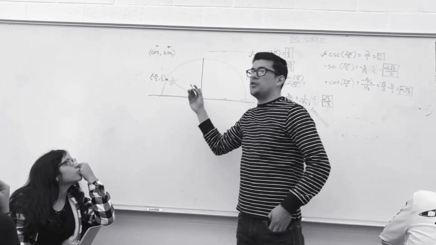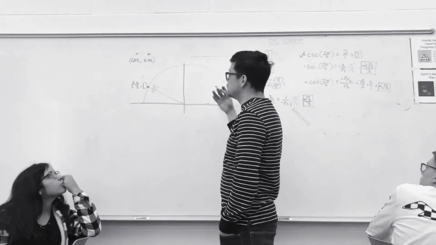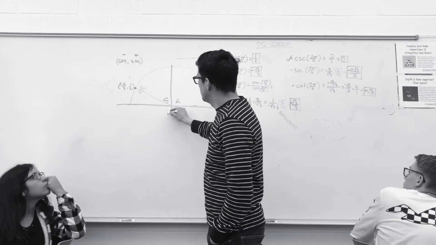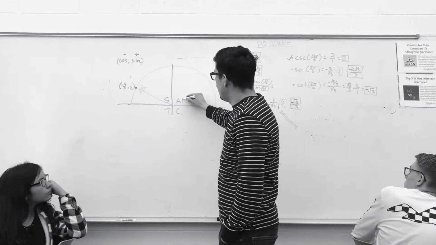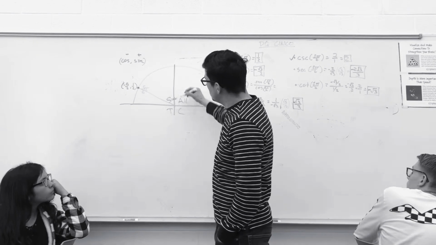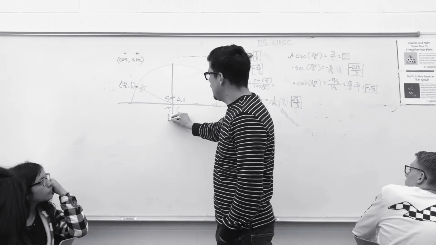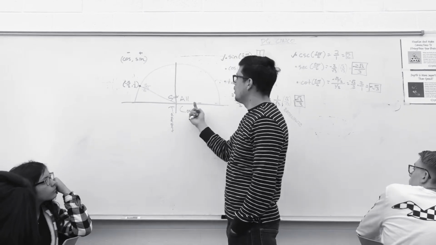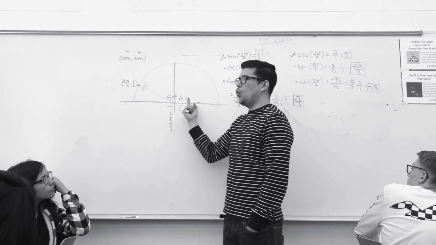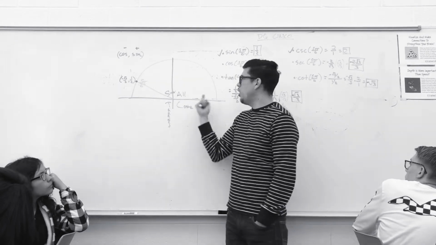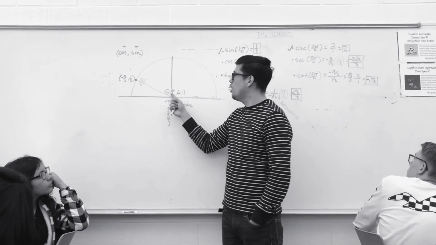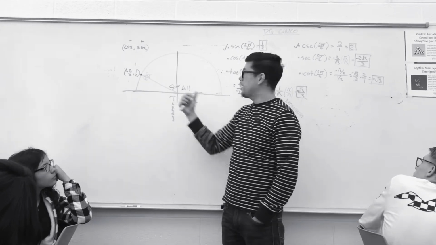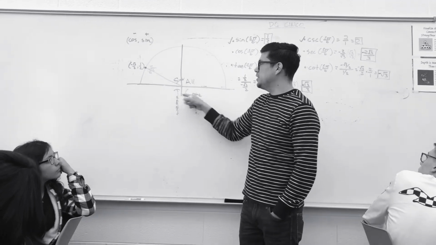Alright? If you are ever wondering which ones are supposed to be positive where, there's a quick acronym that you can remember. Alright? And that is A, S, T, C. A for all, S for sine and its reciprocal, T for tangent and its reciprocal, and C for cosine and its reciprocal. This acronym will help you remember where the trig functions are positive. All trig functions are positive in quadrant 1. Only sine and cosecant are positive in quadrant 2. Everything else is negative. That'll help you check your work real quick. ASTC, also known as